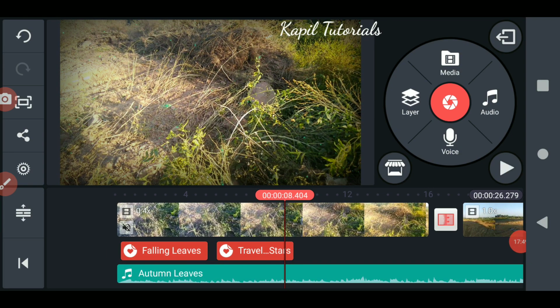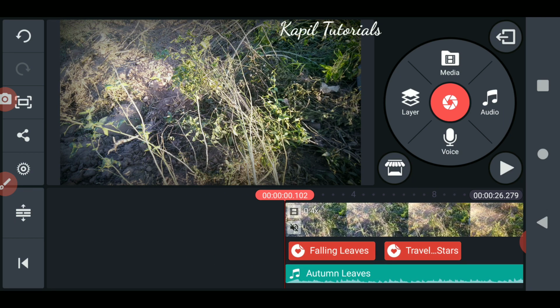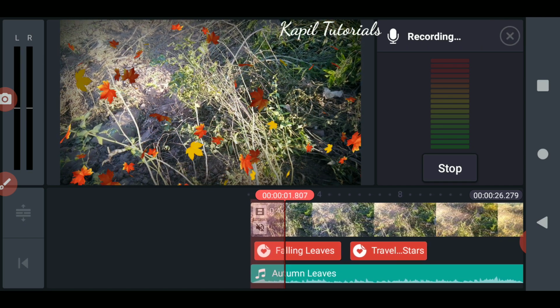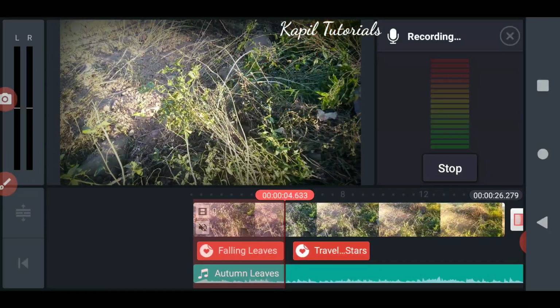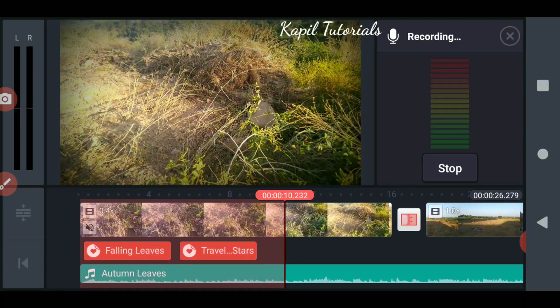So now I have also told you that I'll teach you how to add my own voice. So just as a demo, I'll be recording my own voice because sometimes when you have to make the project, you have to add your own voice. So I'll be clicking on this mic option. Where voice is written, click on that. When you click on that, it is asking you to start. Okay. So when I click on start, whatever I am teaching you, my sound will be recorded according to the videos.